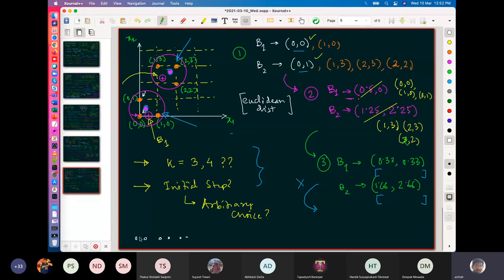Initially you have n points, and you compute the distances between every pair. Then after one cluster is formed, the number of points reduces by 1. Then again you compute n minus 1 C2 distances. So effectively you compute NC2 plus n minus 1 C2, right? This many distances. And it is obviously of the order of,